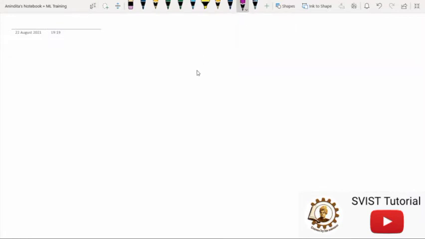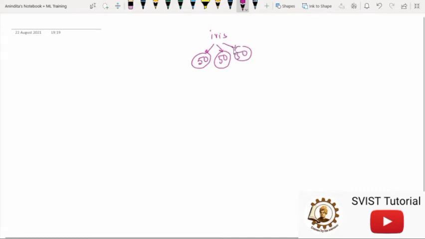When I started this discussion, I mentioned that the IRIS dataset has 3 kinds of classes, and each class has 50 samples: 50 Setosa, 50 versicolor and 50 virginica. So at this point, if you delete any one duplicate value, one particular species will become 49. This is the point from where it will start creating data imbalance.